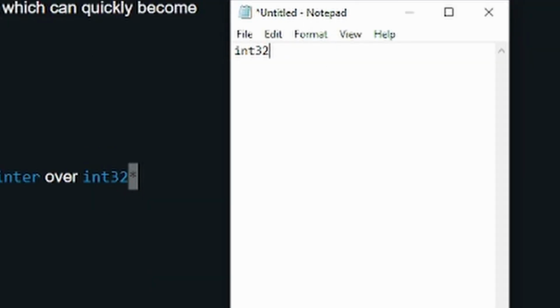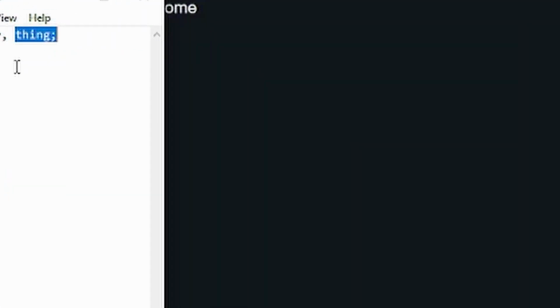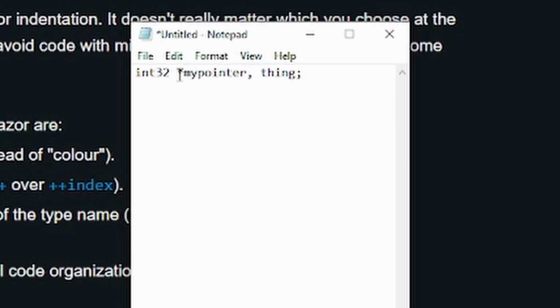So int32* my pointer, and then you can comma and declare another one like a thing or my pointer 2 or whatever. But what this looks like at a quick glance is it looks like this one is a pointer to an int32 and this one is just an int32, but that's not the case.